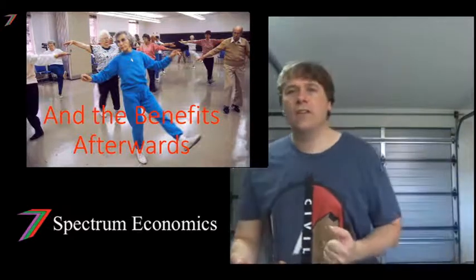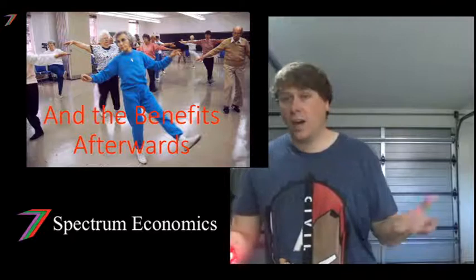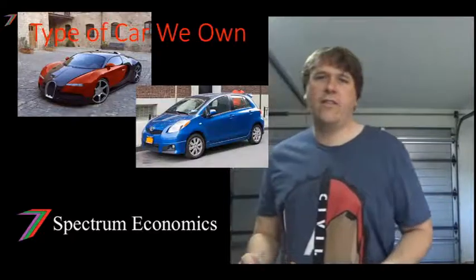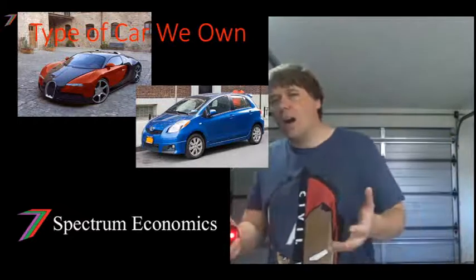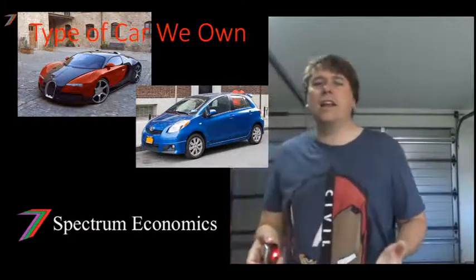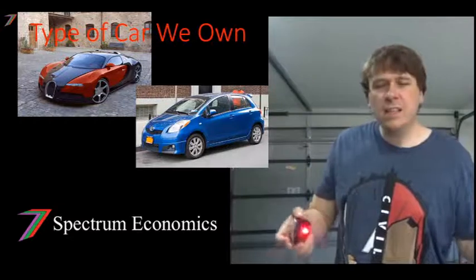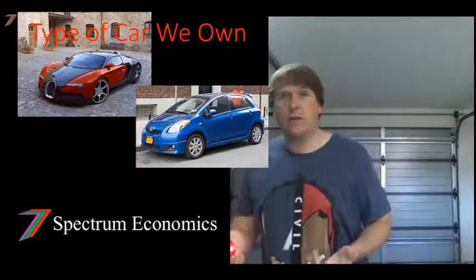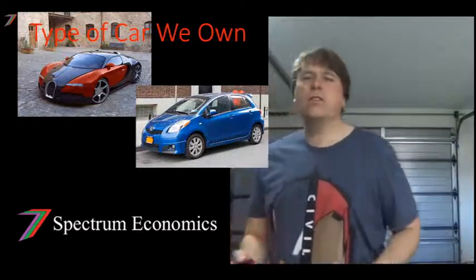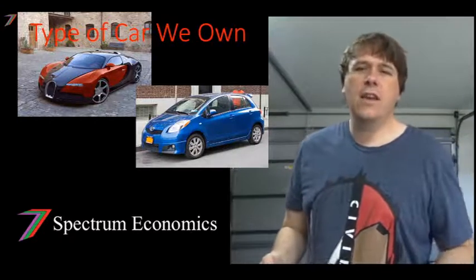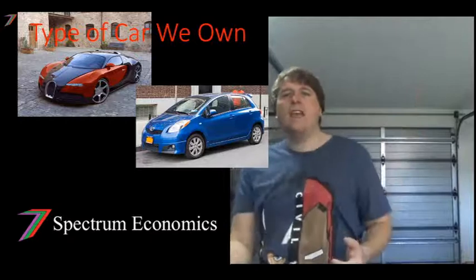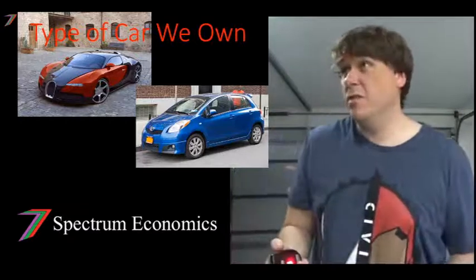Another scenario is if we look at a car, for example. Do you want to get a fancy sports car, or a more basic car? Like we've got here, I think it's a Bugatti and a Yaris. Essentially, they perform the same function. You want to get from A to B. One obviously looks a lot more classy and fancy than the other, and you're going to have your friends going, ooh. Again, you've got to factor that into your utility as well.